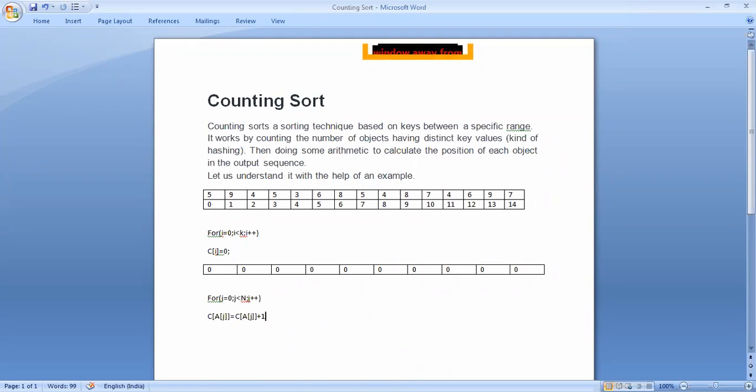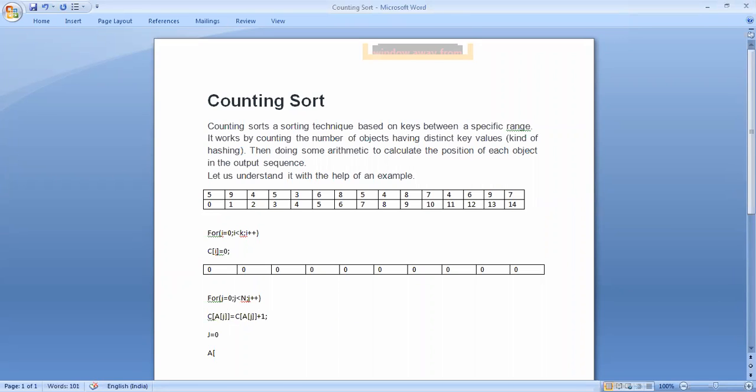Okay, this is the logic. So now we are assuming, suppose here j equals to 0. That means now if j equals to 0, now you see.